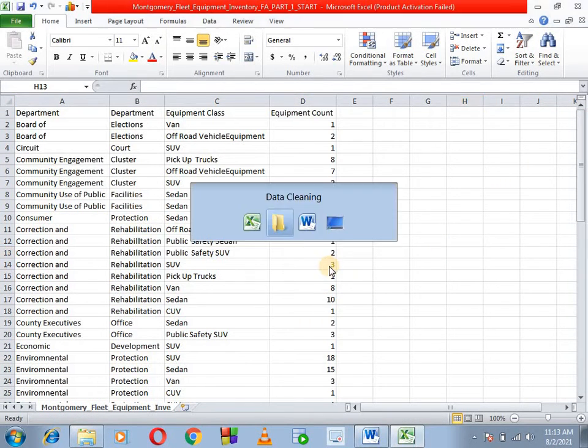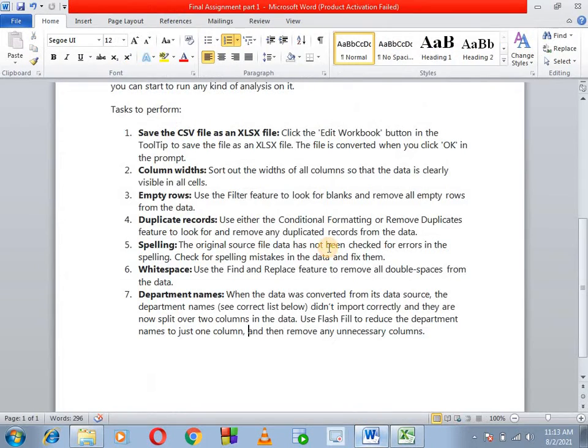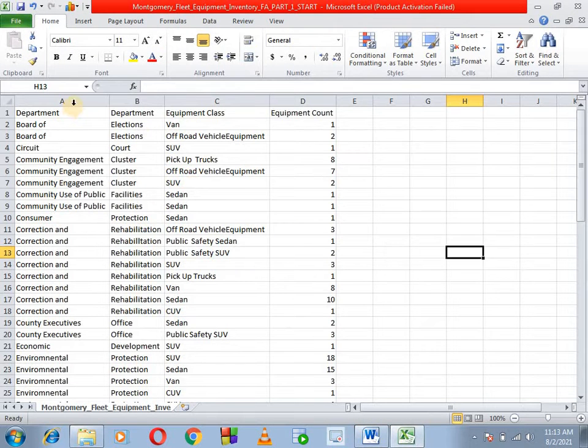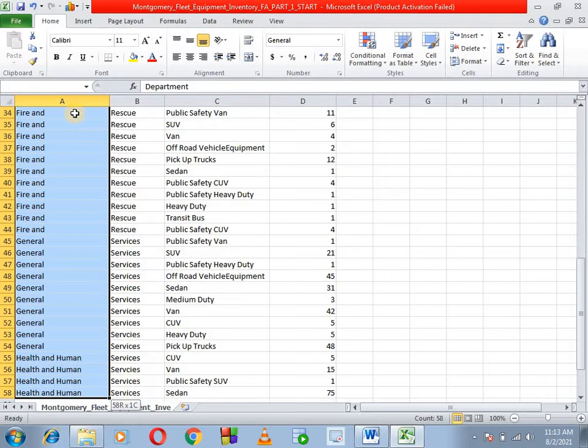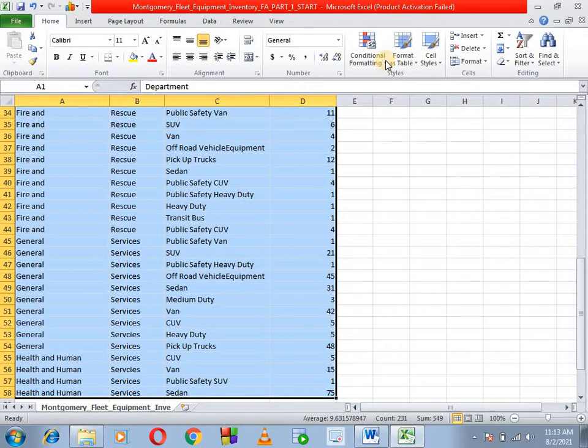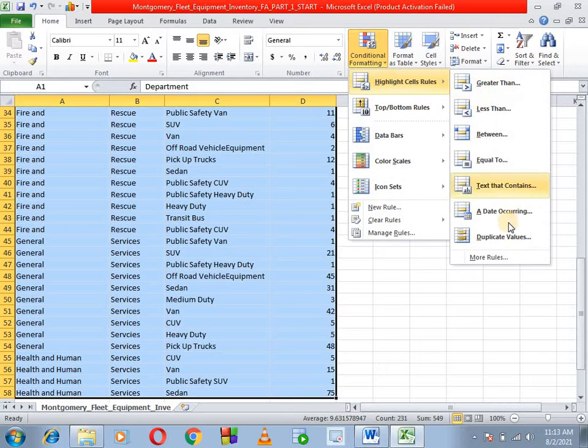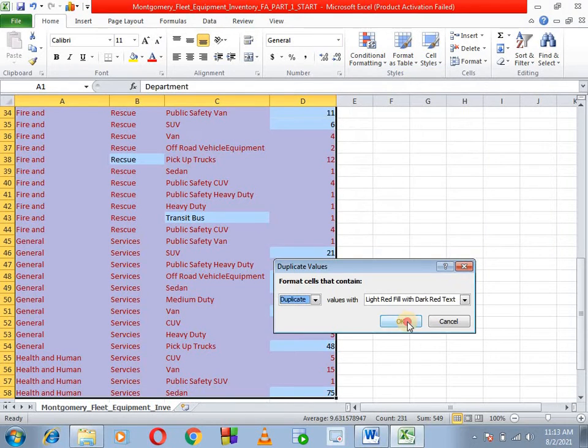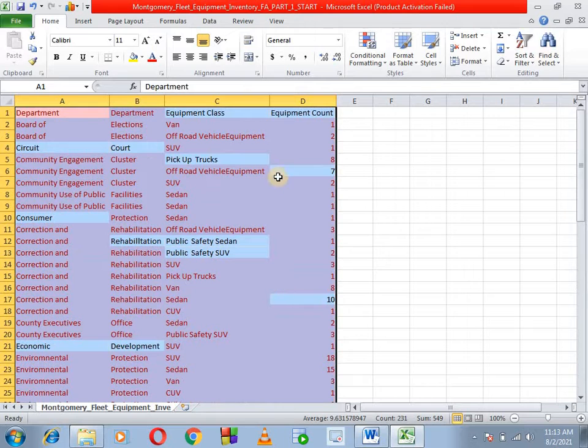The next task is to find the duplicate values and remove them. To do this, there are two methods. One is conditional formatting, highlight cell rules, duplicate values, and this highlights your duplicate values.